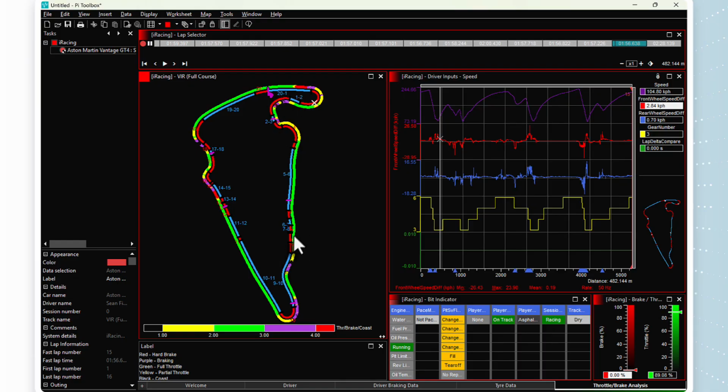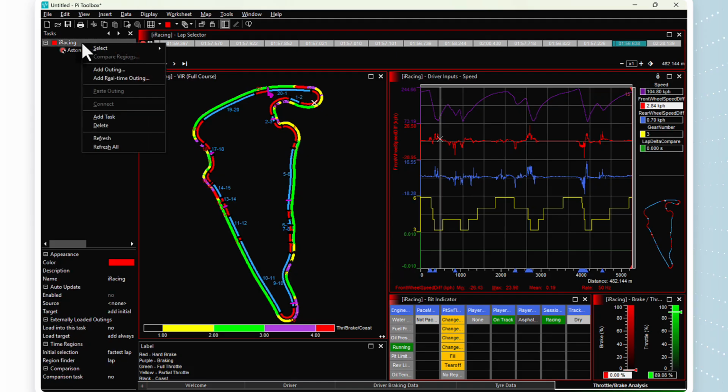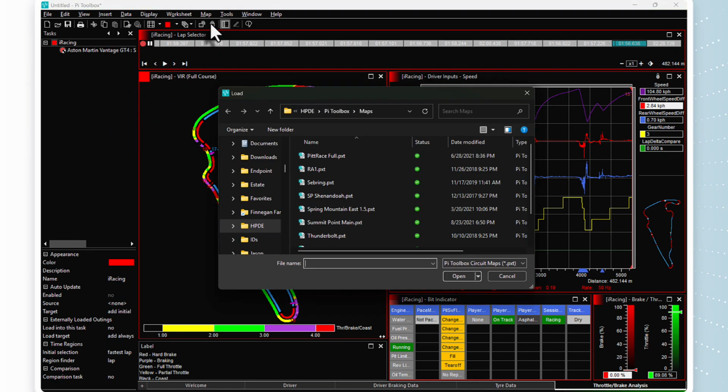You know what? I'm going to do something here on the fly. Toolbox will on its own create a map representation and try to auto create corners. In this case, it's VIR. I run VIR a lot. I've actually gone ahead and created a map for VIR that has the correct corners. So we'll go ahead and go to, sorry, map, load,